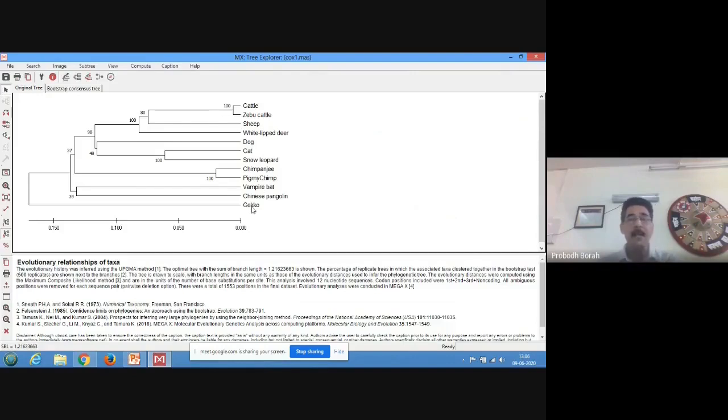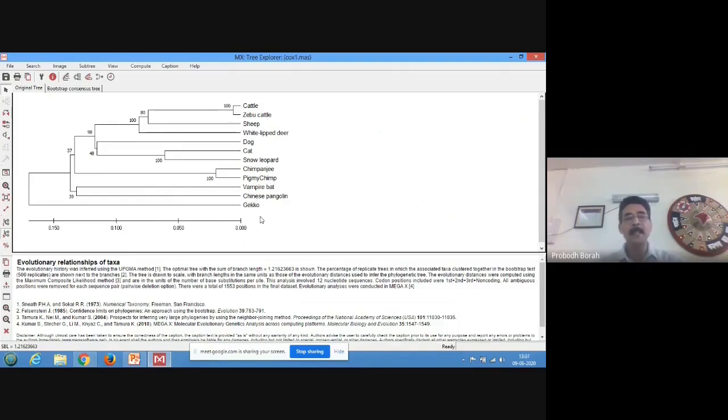Gecko is a reptile, and therefore it is evolutionarily an ancient species. It came into existence on Earth before the other species, and therefore the COX1 gene sequence of Gecko is showing as a root cluster of all other sequences.